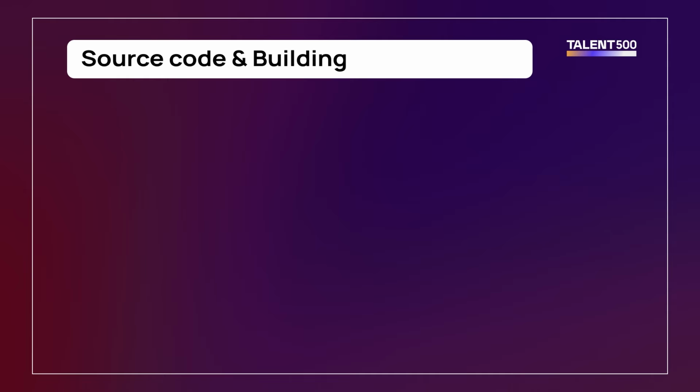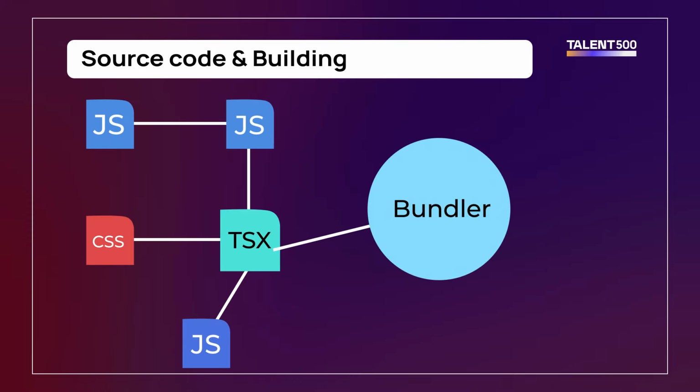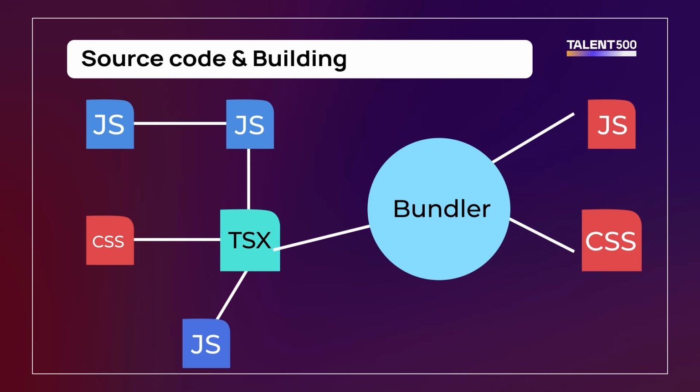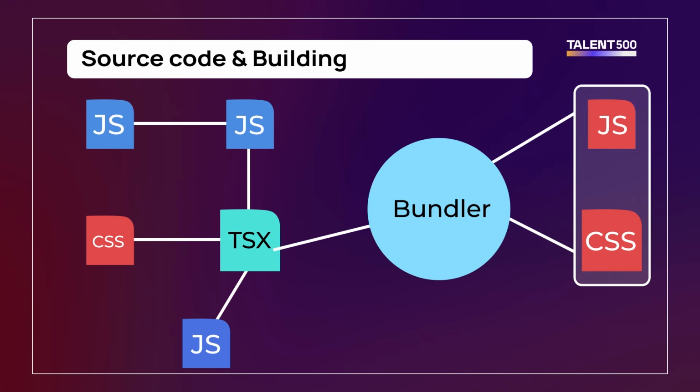So who does the bundling of all this code? That's where a bundler comes into the picture. The bundler produces a combined JavaScript file and a combined CSS file from all these files, and ultimately this gets downloaded on your client's browser, and the client gets to see the UI. So what are these bundlers? I'm sure you must have heard a few names already: Webpack is one of them, then Browserify, and Rollup. There are various kinds of bundlers that do the job.